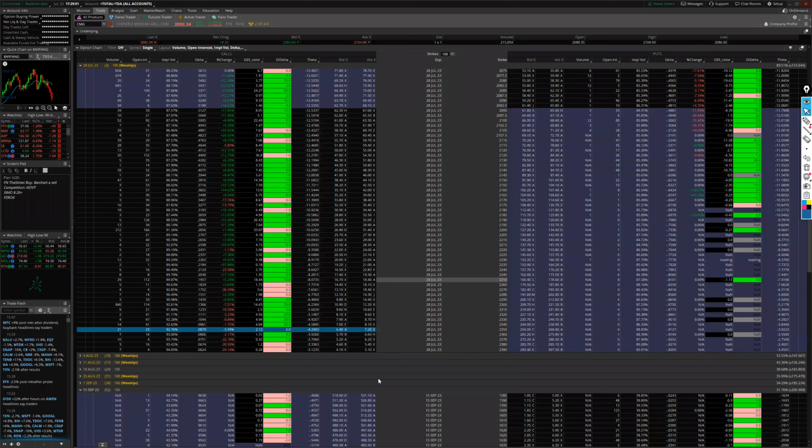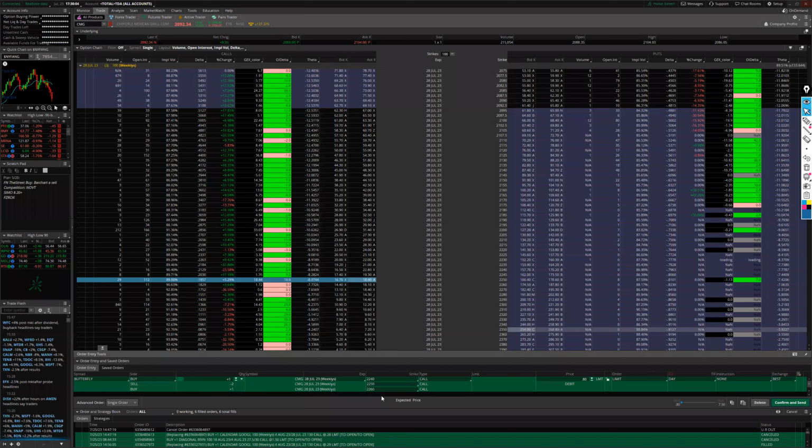You're paying $1 because IV is high and CMG trades big in terms of the amount of movement that it has. So if you think 2250 is where it pins, let's do a 2200, 2250, 2300. Here you're paying a lot. With 2200, 2250, 2300, you are paying $5, $500.